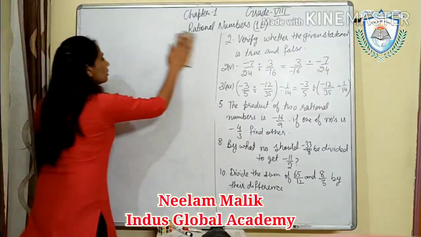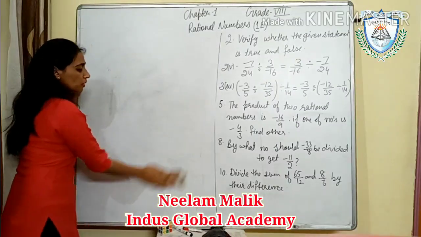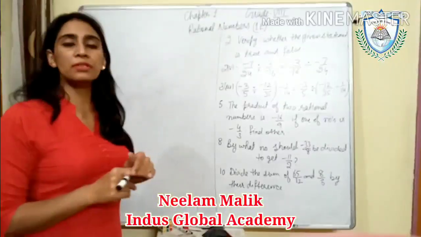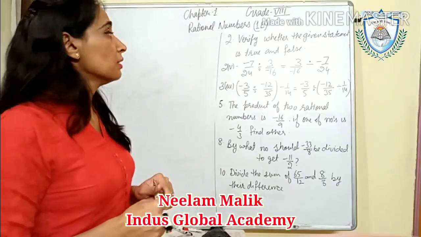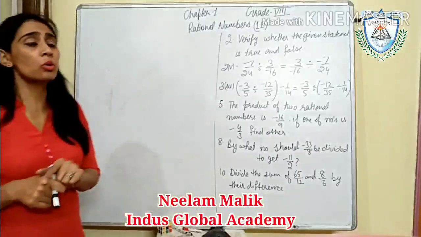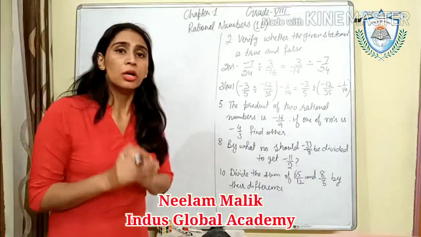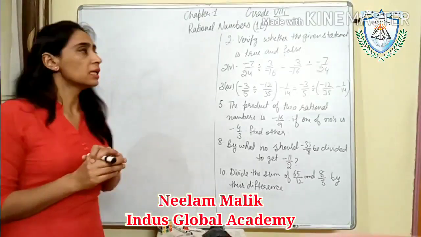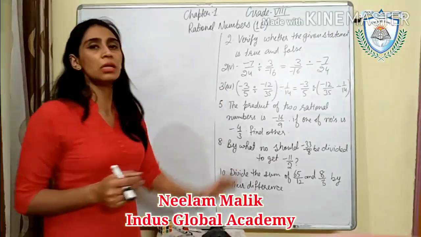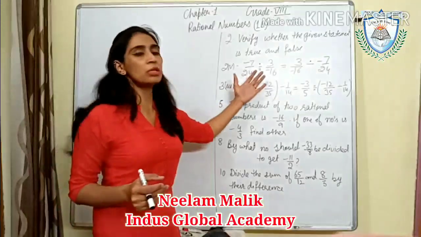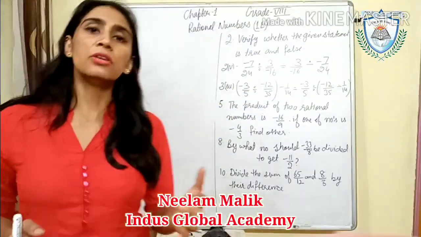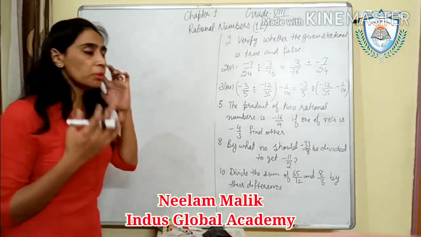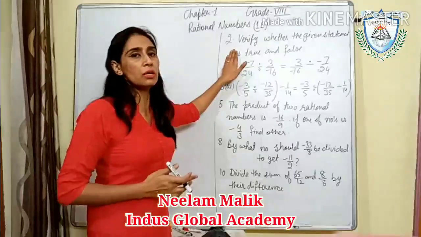When I told you about the properties of rational numbers, when we did the commutative law for division and the associative law for division, at that time I told you rational numbers are not commutative and not associative under division. When you solve the left hand side and the right hand side, they will not come out equal. So we know that our result will be false. Still we have to verify.